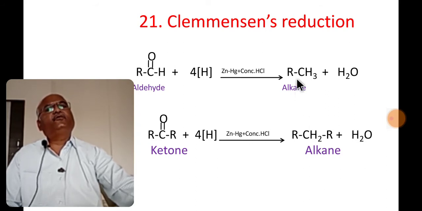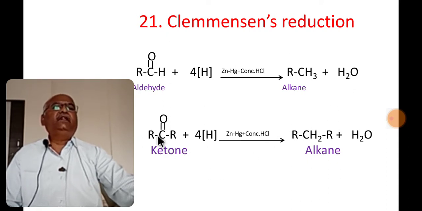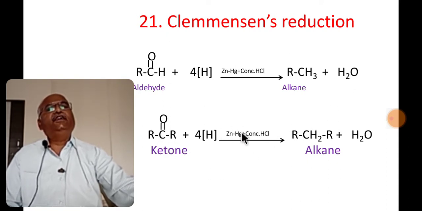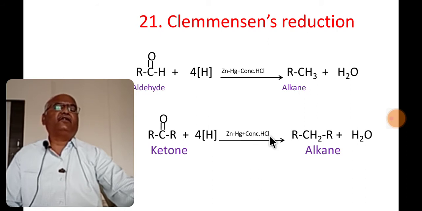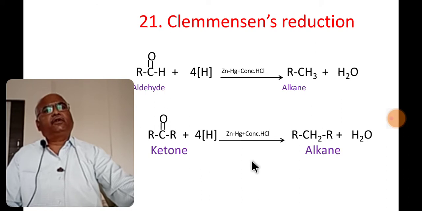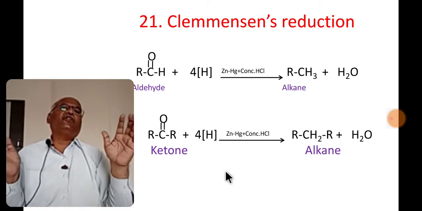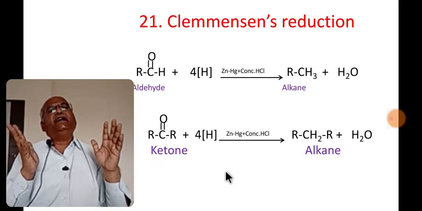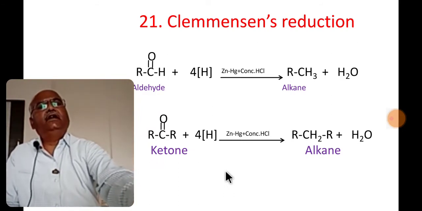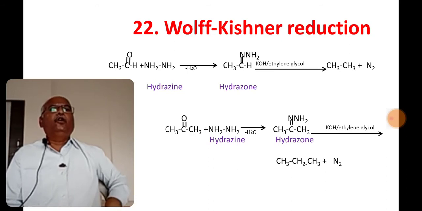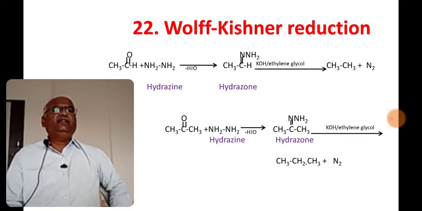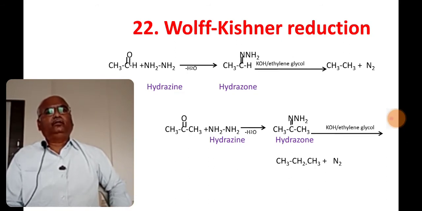Here, alkane is produced and side product is water molecule. Similarly, ketone when heated with zinc amalgam and concentrated HCl gives alkane. So, Clemmensen's reduction is useful for the preparation of alkane from aldehydes and ketones. Next reaction, Wolff-Kishner reduction. In this reduction also,